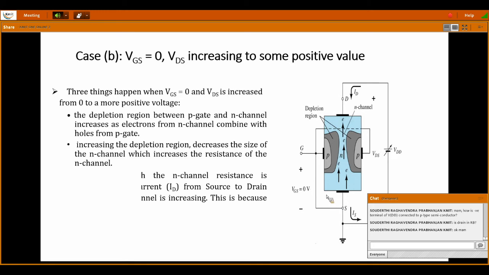From the beginning we are saying that when we give a reverse bias to gate and source, that is nothing but a high impedance state. But here this gate to source supply is 0. Now from where has this reverse bias concept come into the picture? You might have a doubt here. See here.